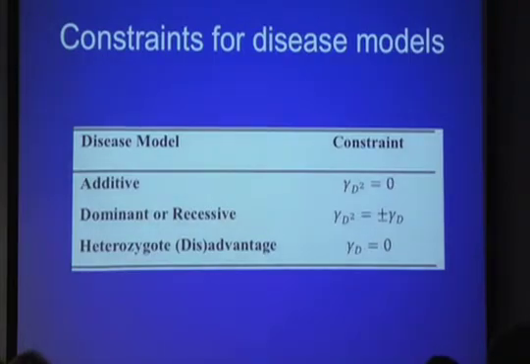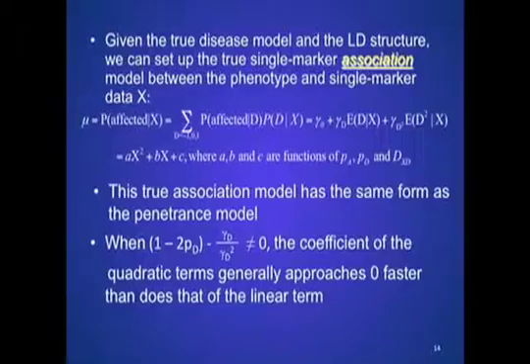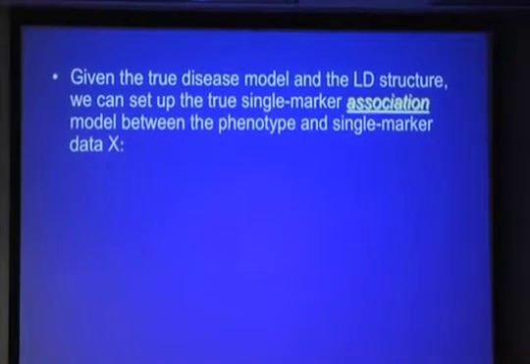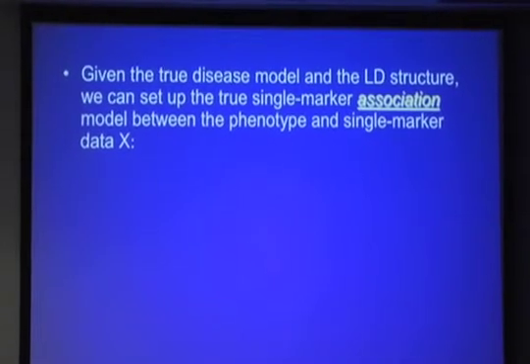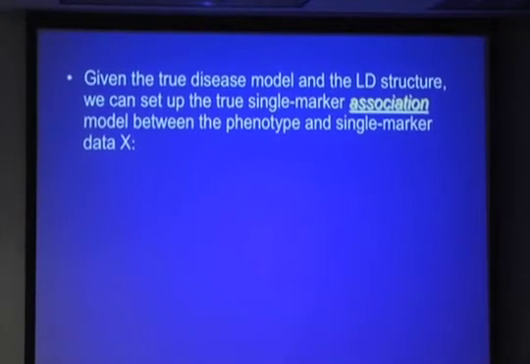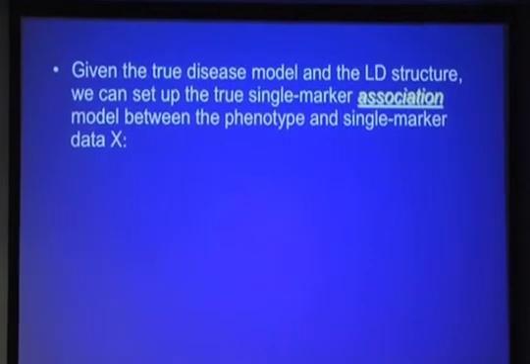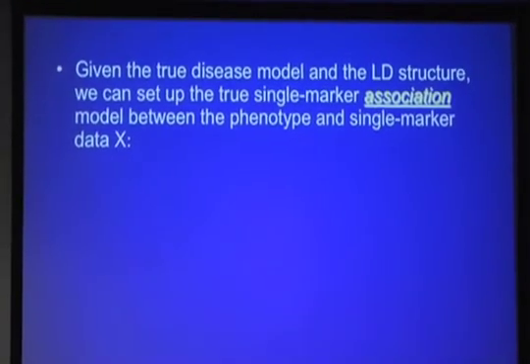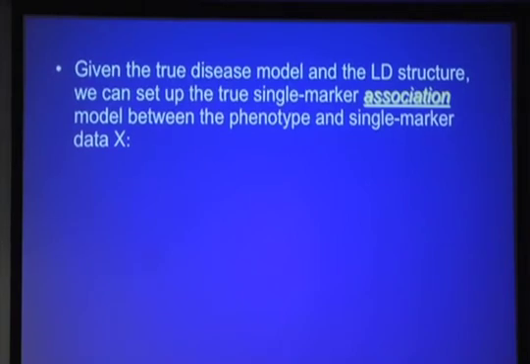You can go back to that previous table and work it all out. I'm not going to bother with that right now. So, given the true disease model and the linkage to sequence structure, which is another way of saying I know the correlations between these things, we can set up the true single marker association model between the phenotype and single marker data. So there's the true model of what's going on. And then we can, with a lot of algebra,